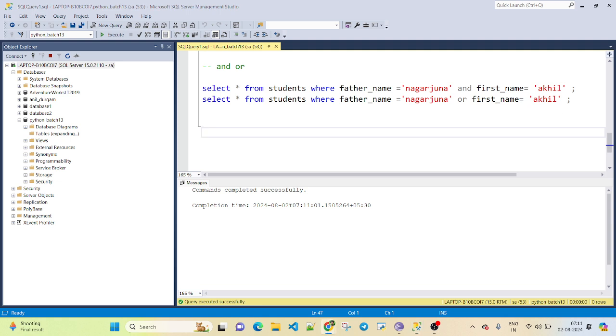Till here if you have any doubts please let me know, otherwise we will proceed to further topics. Till here if you have any doubts please let me know. No doubts? No doubts, right? So okay,